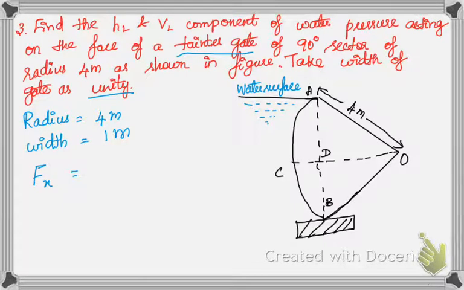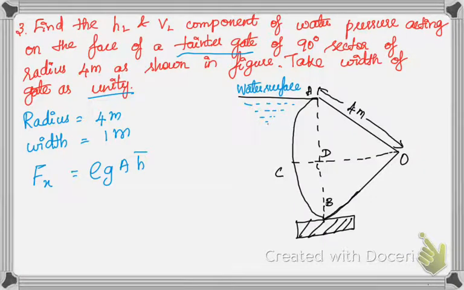So what is the horizontal force due to water? You can see this AdB is going to be the gate, and water is on the left hand side of that gate. What will be the horizontal force that is exerted by the water on the gate? This is what we are going to see. So the formula will be Fx is equal to rho g A h bar. You know that rho is 1000 and g is 9.81. So now we have to find A as well as h bar.